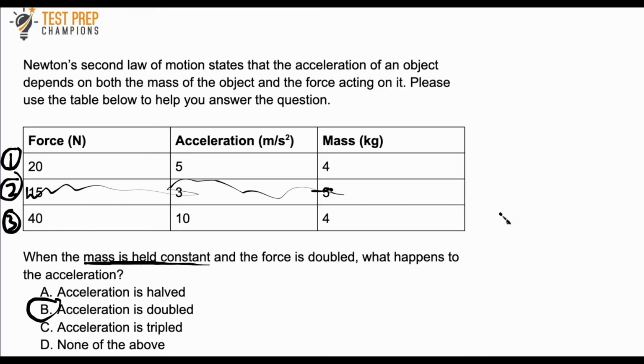So again, on the real test, they might try to make this harder for you by giving you 4 or 5 different cases, something like that. They might also give you something that says, which of the following is supported by the table, and they'd give you answer choices A, B, C, and D. And you just kind of have to look at each statement individually and see if it matches what's going on